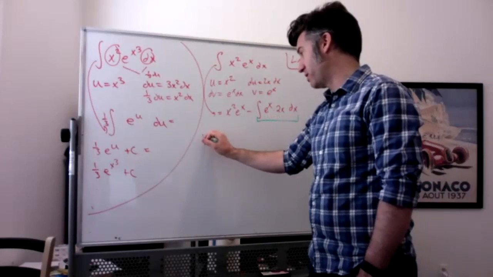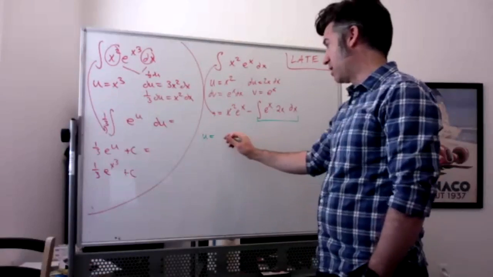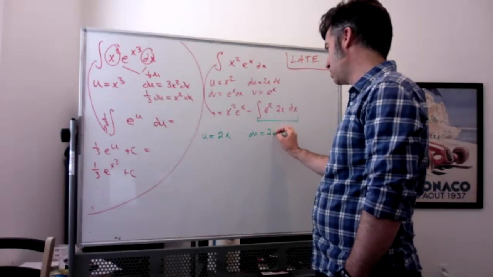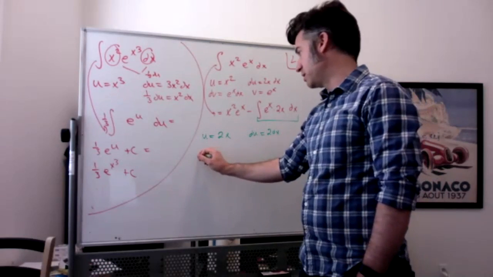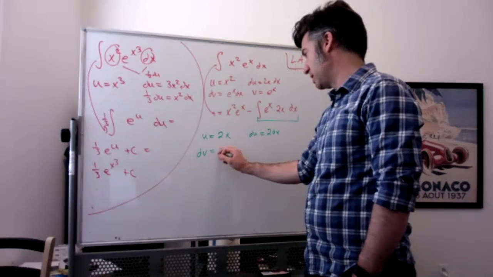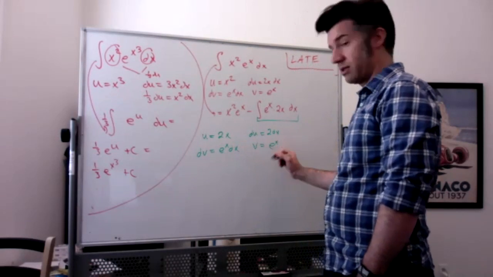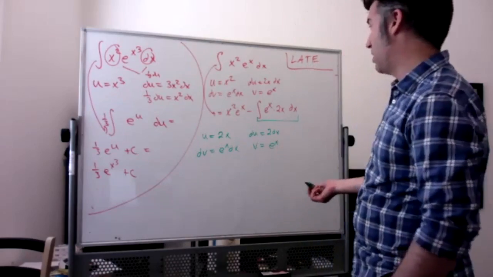For this integral in green, I'm going to let u equal 2x. My du is going to be 2 dx. My dv is going to still be e to the x dx. And my v is going to be e to the x. So then,